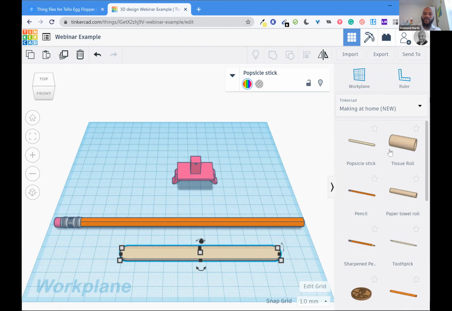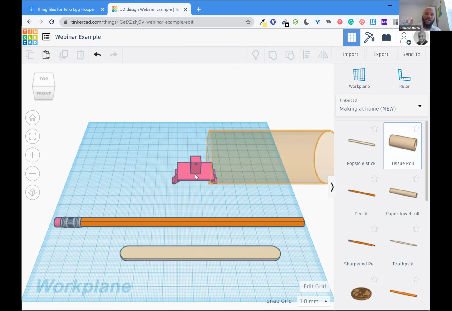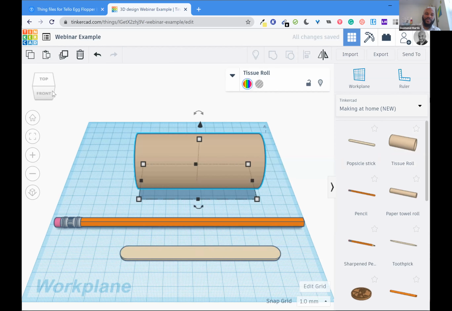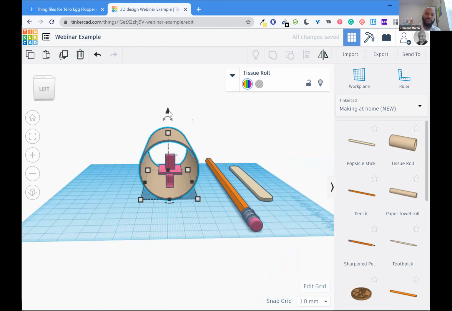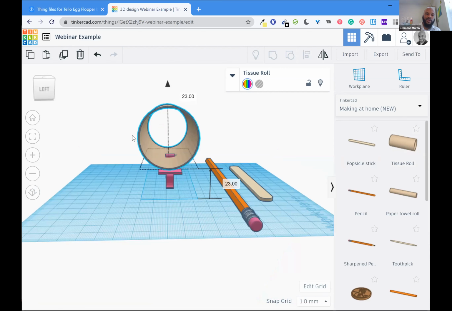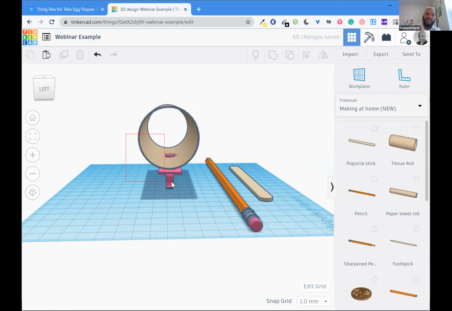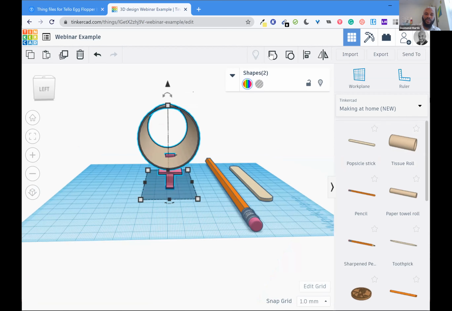Well, an easy way to think about that is I'll grab another item. I'll grab my tissue roll. And I can adjust my tissue roll in such a way where when I connect my tissue roll and my clip and I group them,